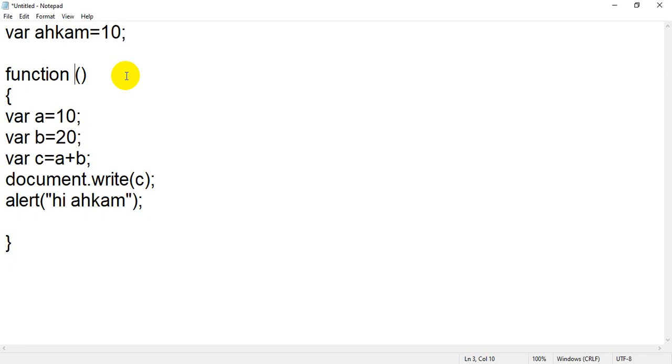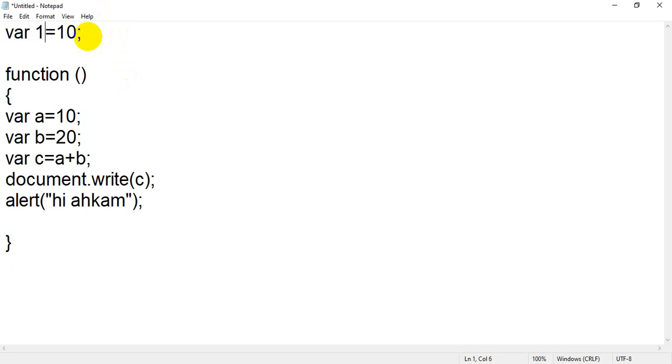Are you getting my point? If you are going to declare any variable, we have n number of rules and regulations. The same rules and regulations apply to the name of a function while you create any user defined function. For example, if you remember, you cannot declare a variable starting with a number.